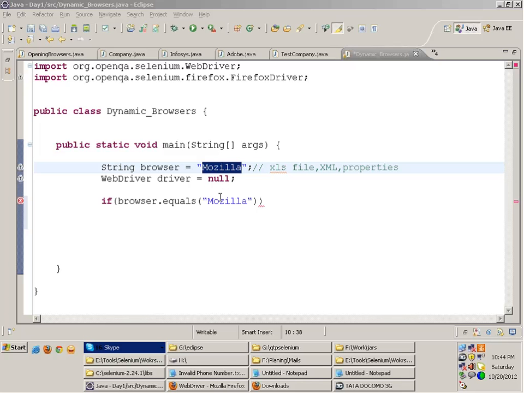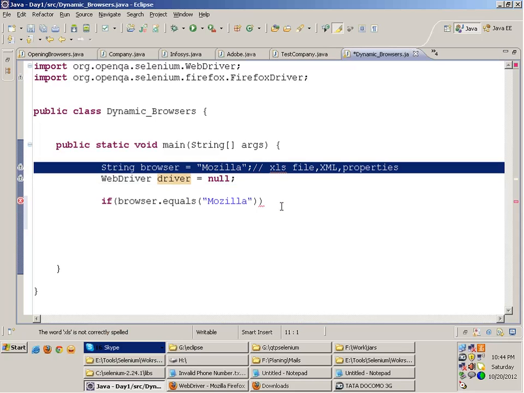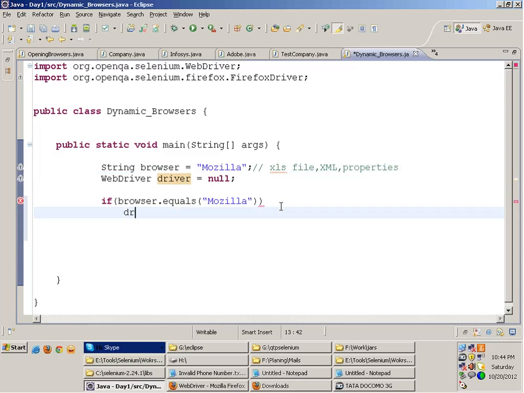That's why we actually use interfaces, right? Suppose I read it from the external file and I write if browser is Mozilla, then driver equals new Firefox driver, right?